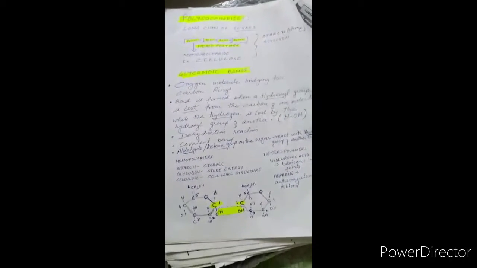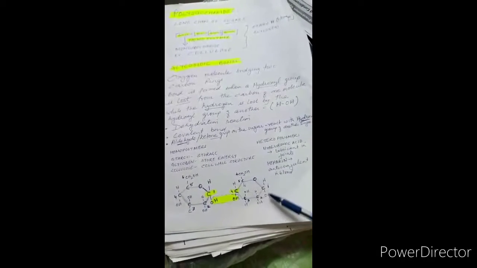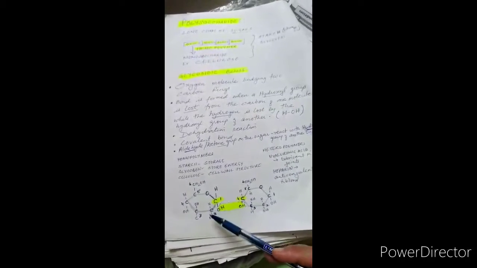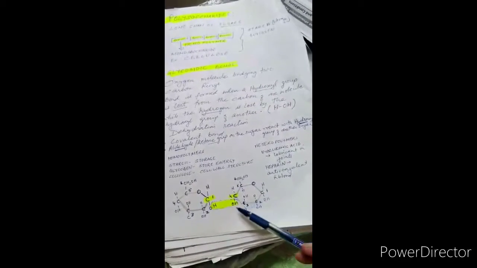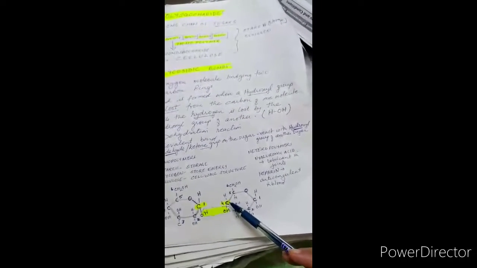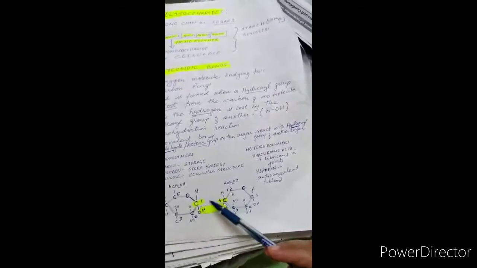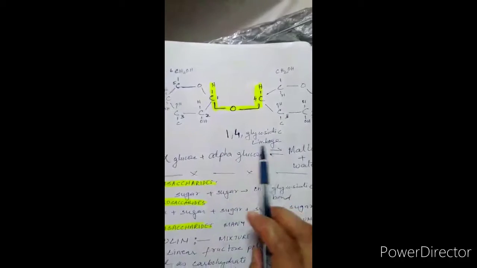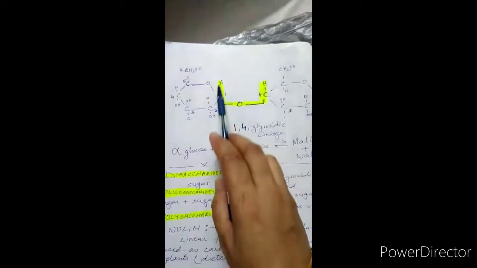This is very important. If I show you with the diagram, see, this is one glucose molecule, here is another glucose molecule. This is the first carbon, second carbon, third carbon, fourth carbon, fifth carbon, and the sixth carbon. Here also 1, 2, 3, 4, 5, 6. Can you see carbon 1 and carbon 4 of these two glucose molecules? Actually they are eliminating a water molecule. When they eliminate the water molecule, they get this structure, the 1,4 glycosidic linkage, and this 1,4 glycosidic linkage creates this type of bonding.